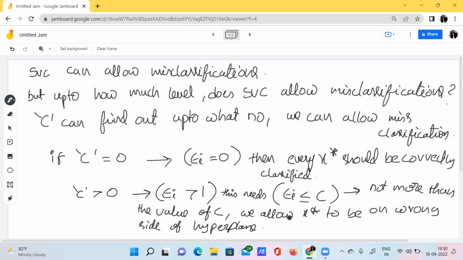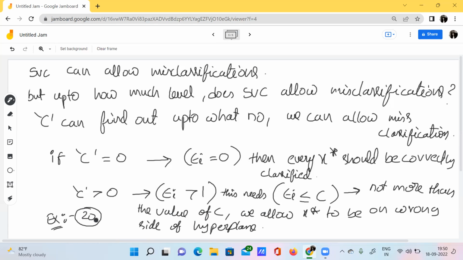But beyond that level, we can't allow data points to be placed on the wrong side of the hyperplane. For example, if the C value is 20, we can allow misclassifications up to 20 data points, but the 21st data point should be placed on the correct side of the hyperplane only. Only 20 data points should be allowed. This is an example.